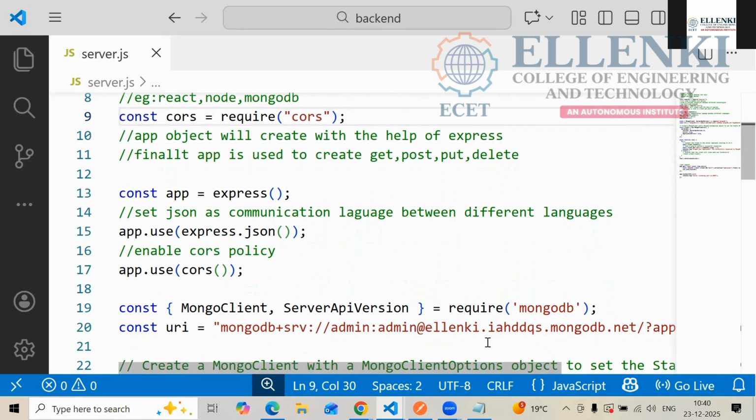Only up to the 17th line is enough. The remaining code, you copied totally from the backend link, right? So up to the 17th line it is enough. That you have to write before the program. After the program, what you have to write, we will see.